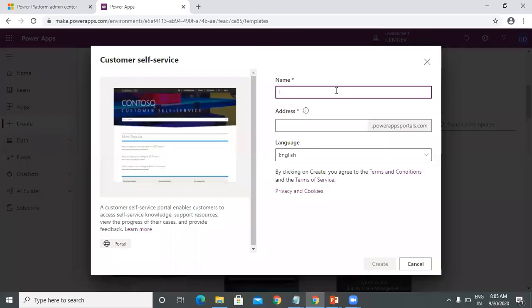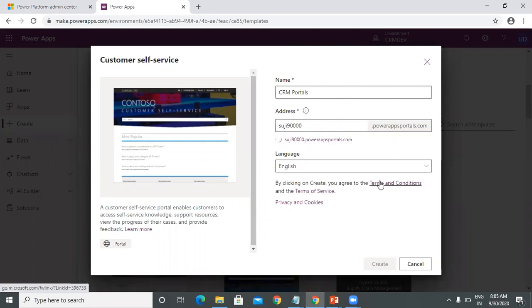You can enter your portal name. I'm keeping CRM portals, and you can enter whatever name you want. I'm just giving my organization name, and it will check whether this portal URL is available.